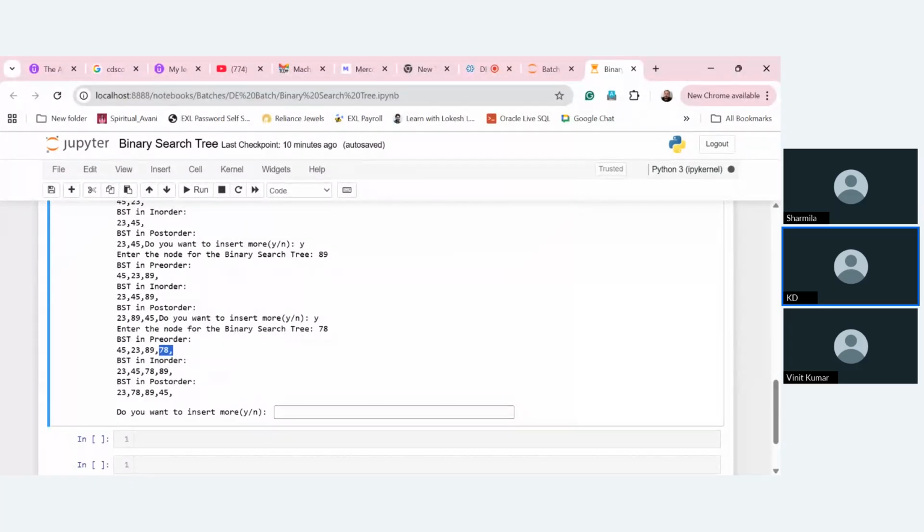So 89 is the root of 78, correct? Yes, it's a parent and child. So 89 is the parent of 78, and the parent comes first in pre-order. That's why 89 is coming first. Okay, understood? Any doubt? No. So let's